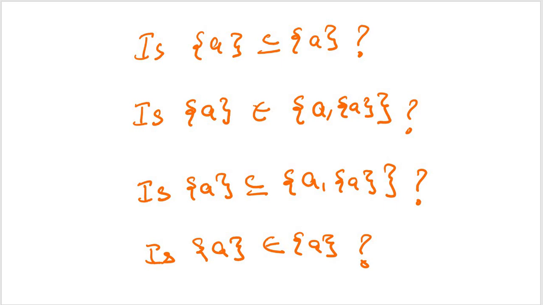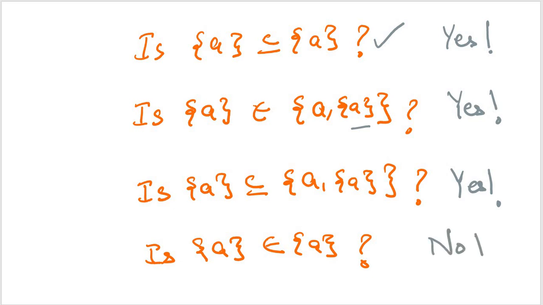Right, for this, this is something which is 100% correct. Yes. Right, obviously it is a subset. And looking at this is also correct because there exists an element in this particular set as well. Here also it is a subset. Yes, undoubtedly there exists an element. Yes. But in this case, it is no. This does not exist in this. From the previous slide, you might have got an idea about this particular part as well.